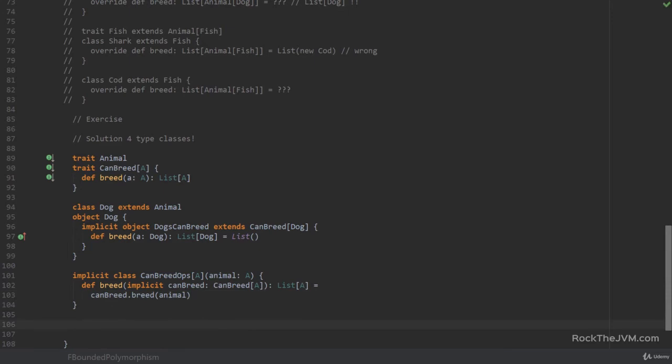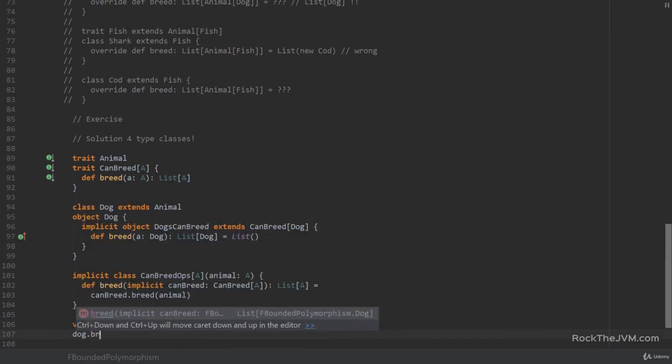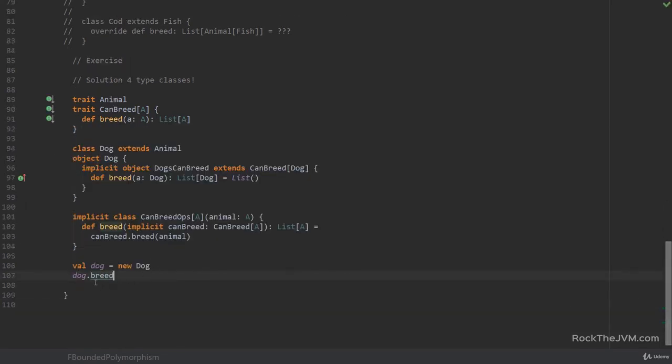So if we later say val dog = new Dog, then we can safely say dog.breed, because now breed is an implicit method in the sense that dog is auto-converted to a CanBreedOps. So the compiler does new CanBreedOps of dog, with our little dog passed in. So it has access to the method breed, which takes an implicit parameter.